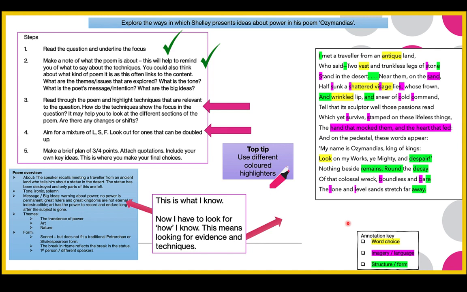And as you can see, and I can quickly see, I have a range of them. So I know that I'm probably not going to leave any of those out. When I'm picking my quotations, I can look at the different colours and think, okay, well, I've got quotations that only have purple in them. Let me have a look at a quotation that's also maybe got yellow and green, so I can address all elements of the mark scheme, get my language, structure and my form in there.